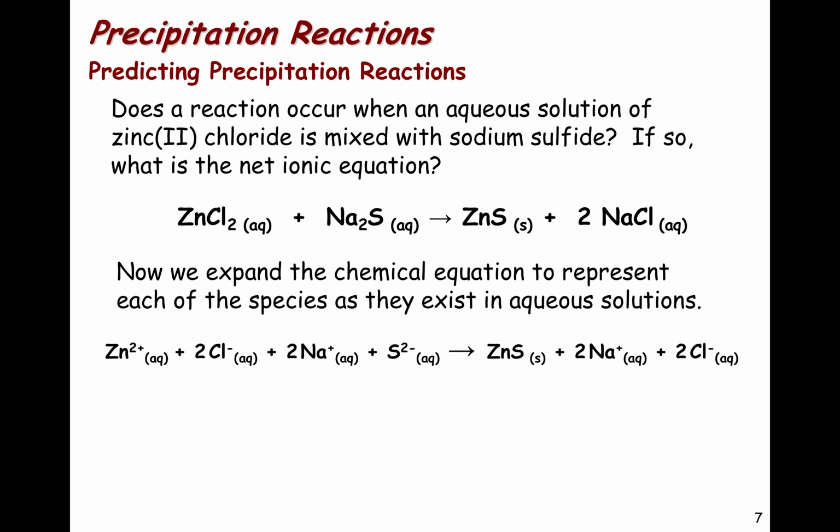So we dissociate all of the ions, keeping track of the stoichiometric coefficients that are necessary. So for example, zinc chloride has 2 chlorides. We would need 2 chlorides in the complete ionic reaction. Likewise, sodium sulfide has 2 sodium ions, so we would need 2 sodium ions as the reactants. So this reaction then is balanced, so we see that we have the same number of atoms on both sides of this reaction. This is the balanced complete ionic equation,